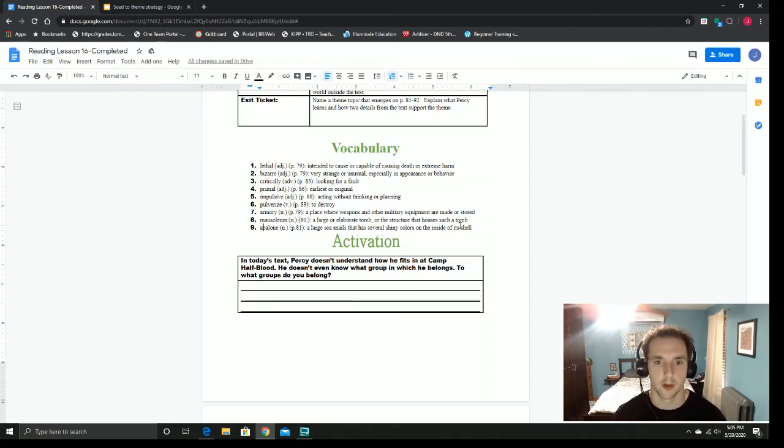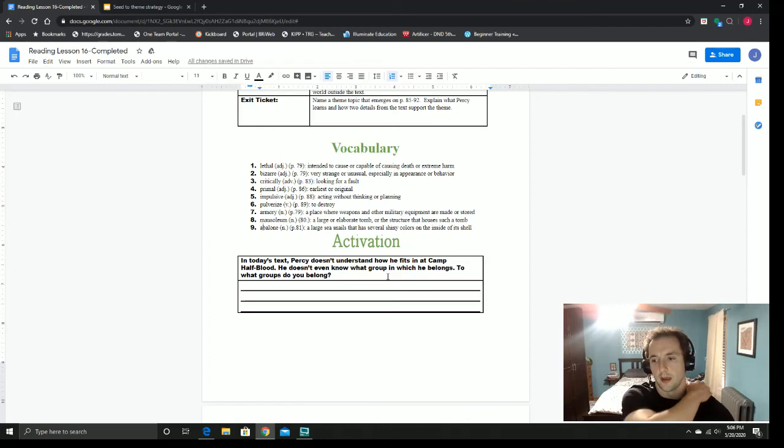All right. Getting our brains activated says, in today's text, Percy doesn't understand how he fits in at Camp Half-Blood. He doesn't even know what group in which he belongs. To what groups do you belong? So just think about some of the groups that you belong to, and then write them down and come on back. Awesome. Now that you're back,